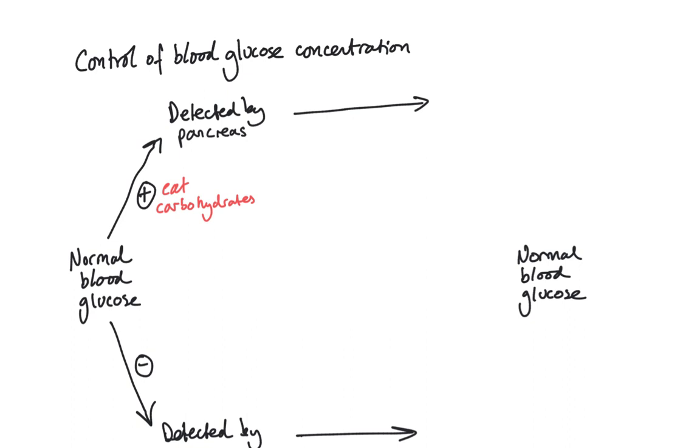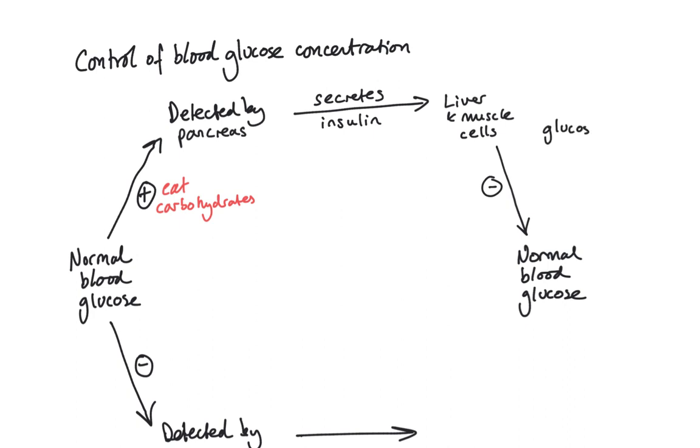Okay, and this secretes insulin. So I'm just going to put above here, this secretes insulin. And insulin is a hormone. It travels in the blood and it goes to every part of the body, but it only affects certain target organs. The organs it affects are liver and muscle cells. So they're the only ones that respond to it. And they're going to basically reduce the blood glucose back to normal. And they do that by taking in glucose from the blood,